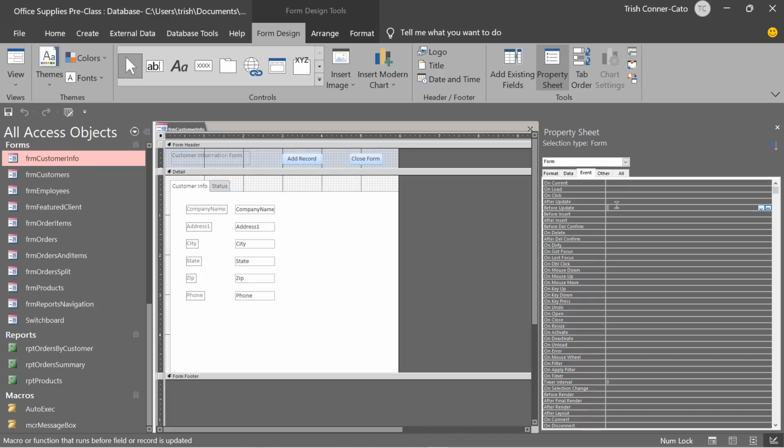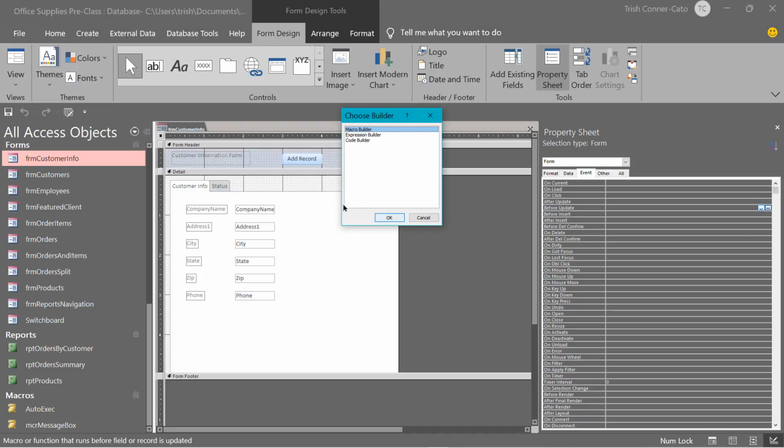So when you're inputting records on a form, you'll start in a company name field, tab, address, city, state, zip, phone. Once you put in phone and you tab, it will bring up a new record and the previous one is now saved. So we want to get this macro to execute before the data on the form is saved. So we're going to use the ellipsis button to the right of before update, and we're going to go